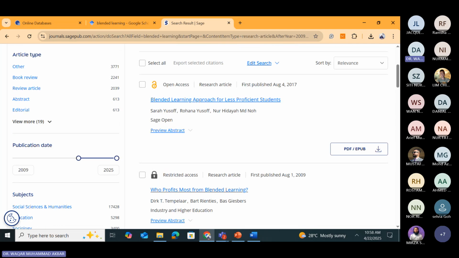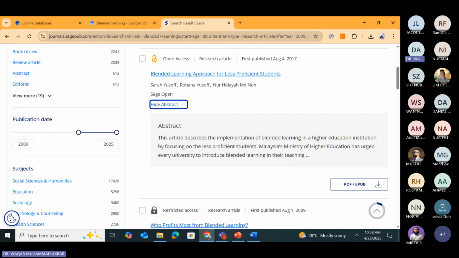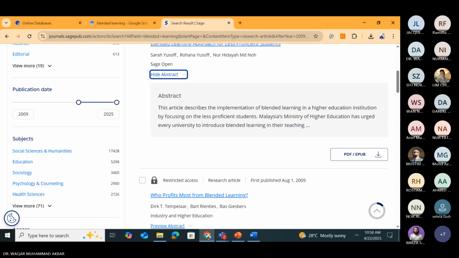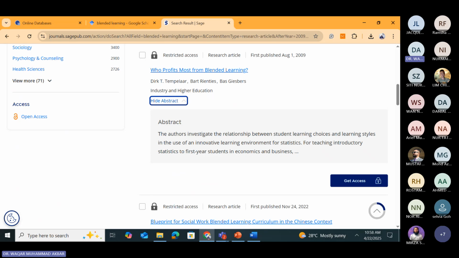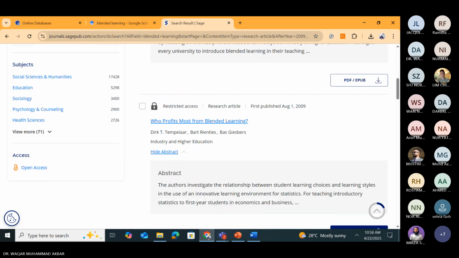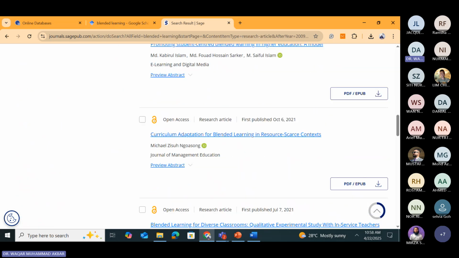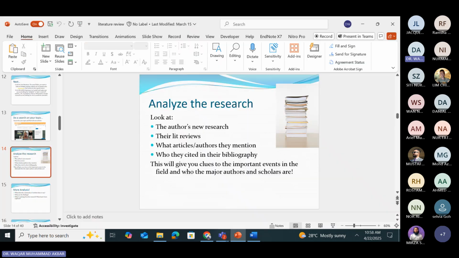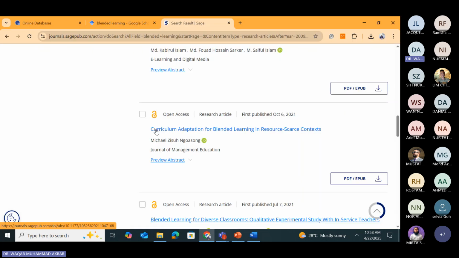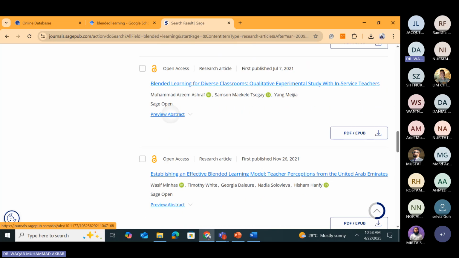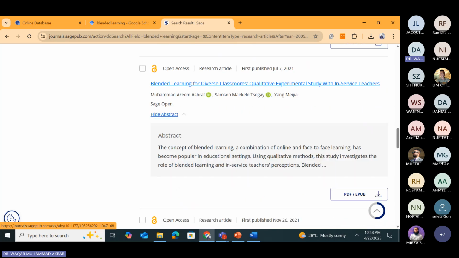Now, the first thing you should do is always read the abstracts. If you find these abstracts are relevant to you, then you should go to the next step and find the article in detail. Look at the author's new research. I always say the first step is to always scan the articles. Scan means go through the abstract and read it. If you find the abstract relevant, this topic is relevant to you. For example, when I go with this abstract,